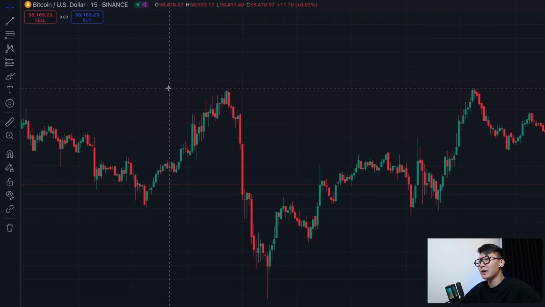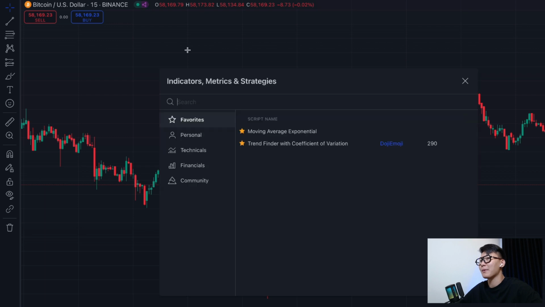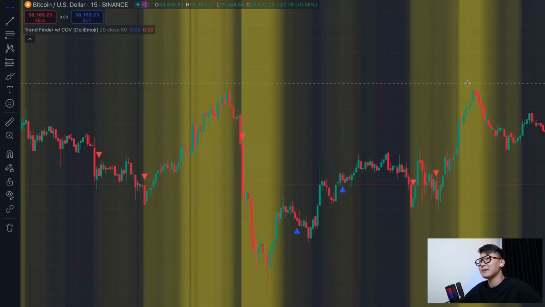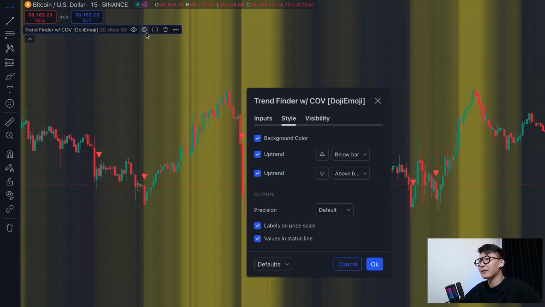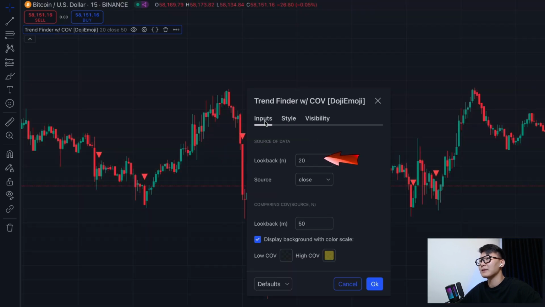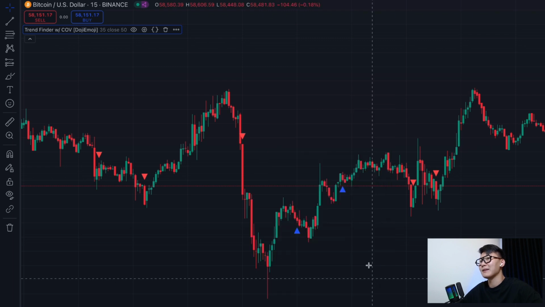First, let's choose our indicators. You can see them on your screen right now. And we'll start with the first one. To make it work correctly, we need to adjust some settings, so let's go to the style tab and remove the background color, and then in the inputs tab set the look back period to 35. Next we'll select the second indicator, which will be an